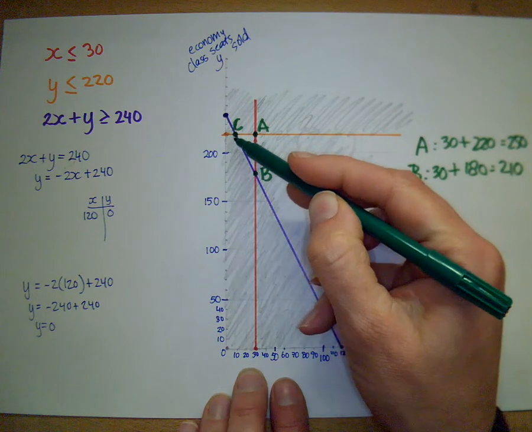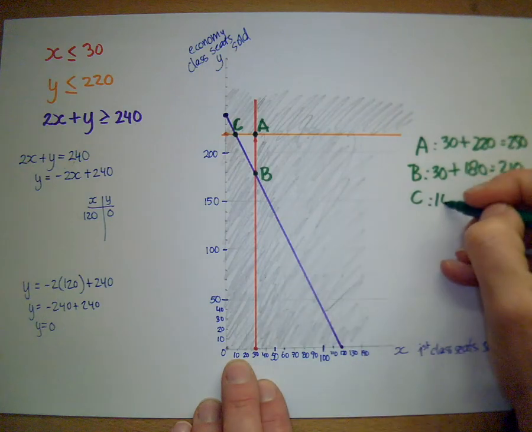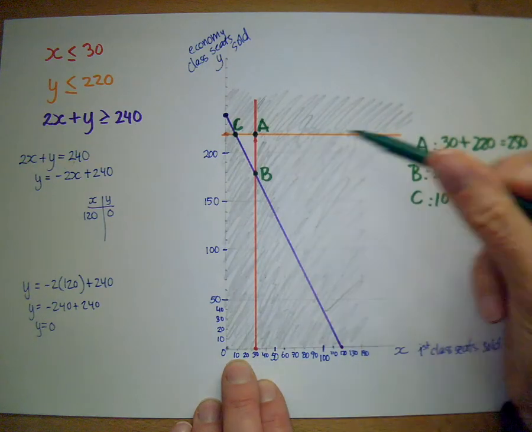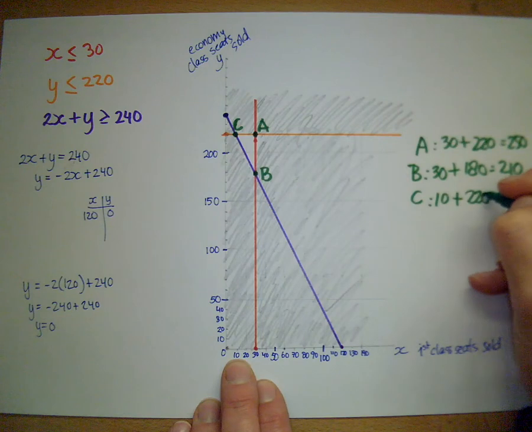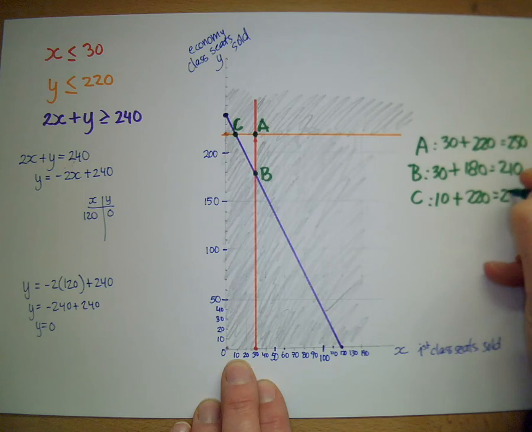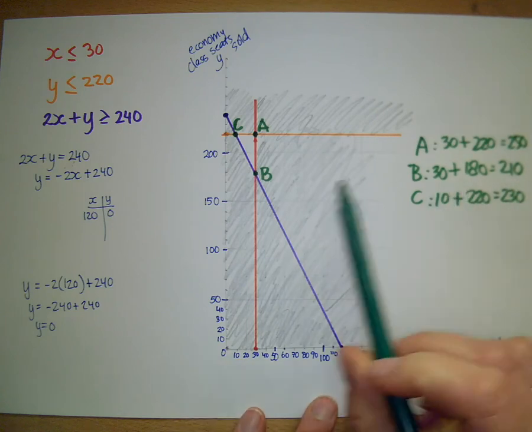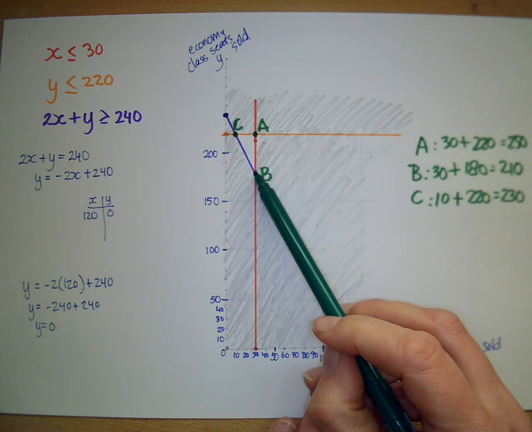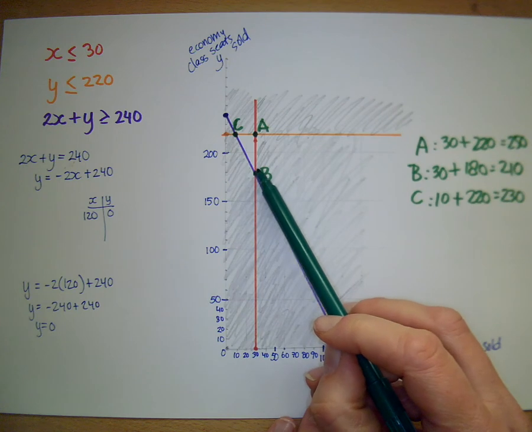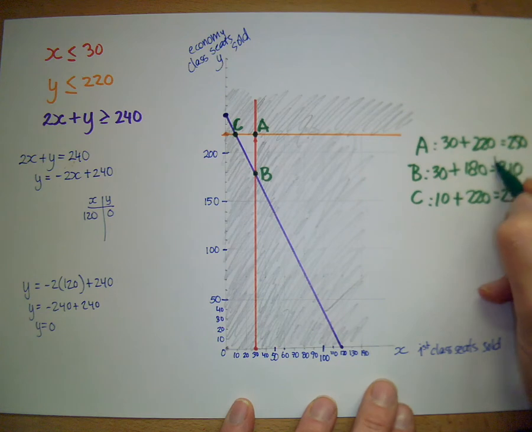Point C, we've sold 10 first class seats and 220 economy class, so that's a total of 230. So the possibility where the plane still flies that has the fewest seats sold is point B, where a total of